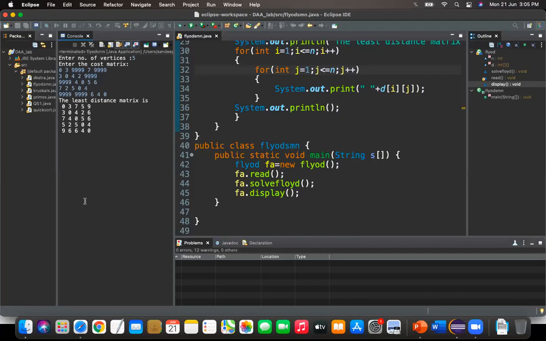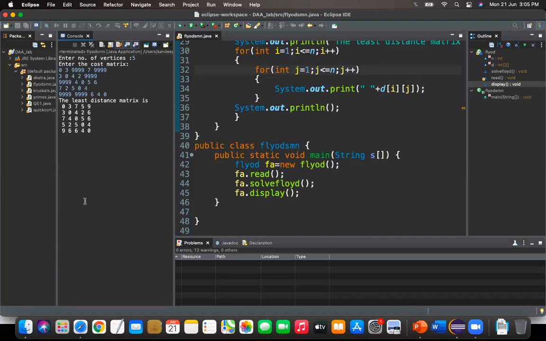In the same way I have solved in the class, taking vertex 1 as intermediate, vertex 2 as intermediate, 3 as intermediate, at each iteration, whatever output matrix you get, you have to solve it manually and upload that also.